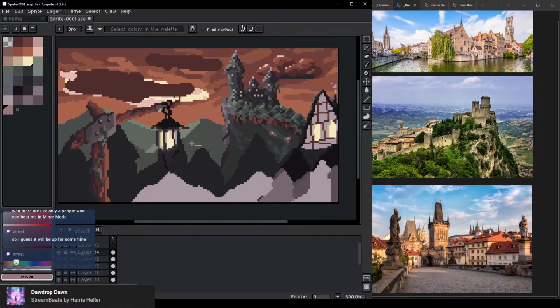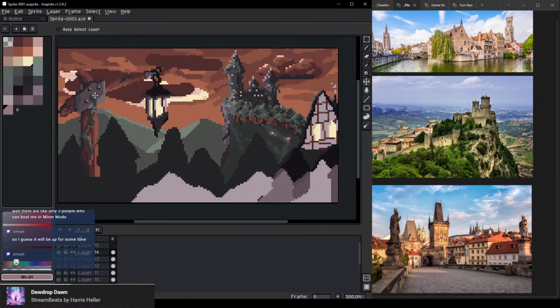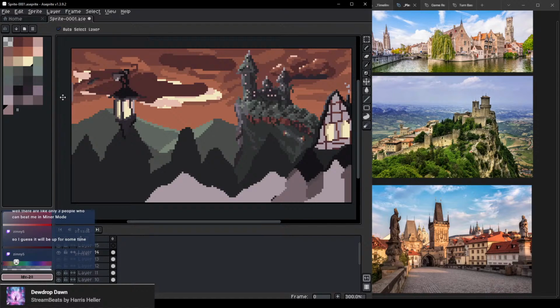I'm trying to figure out where I can put stuff though, because the lantern here is taking up this part of the image. And the castle's there. So it's got to be something down this side. Unless the lantern goes higher. Or even just...